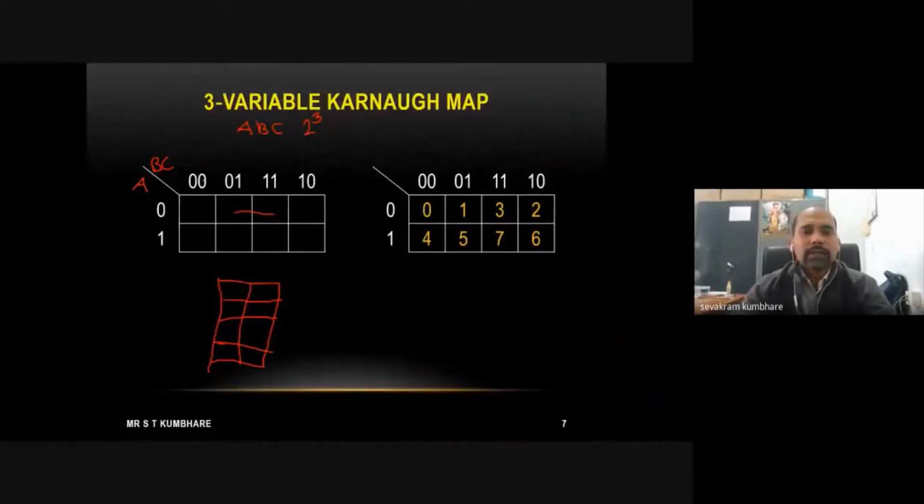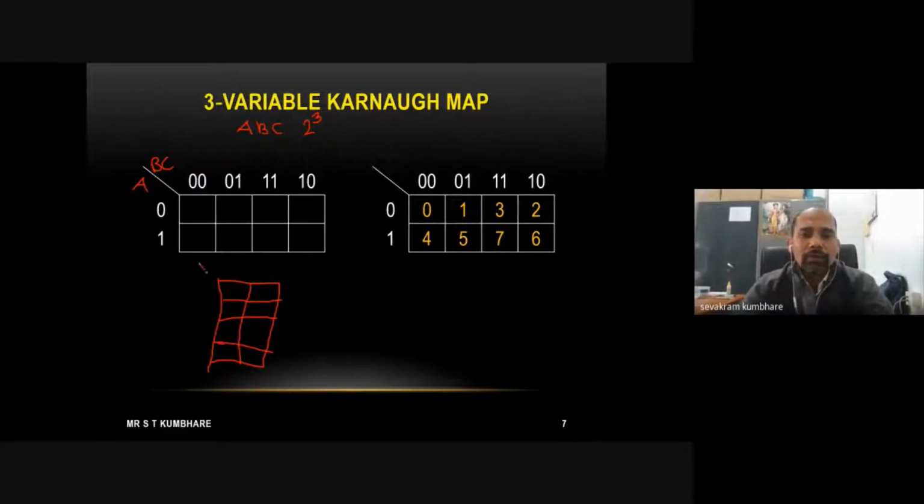So that's why you have to write 0 0, 0 1, 1 1, 1 0, because you have to change only one variable. Also, one thing you can observe is that 0 0, 0 1, 1 1, 1 0 are the Gray codes. These are Gray codes, because in Gray code also only one bit changes. 0 0, the next is 0 1. Next, if you convert this 0 1 into Gray code, it will be 1 1, and the next Gray code is 1 0. So that's why these are the Gray codes basically. So like this we can represent the values.